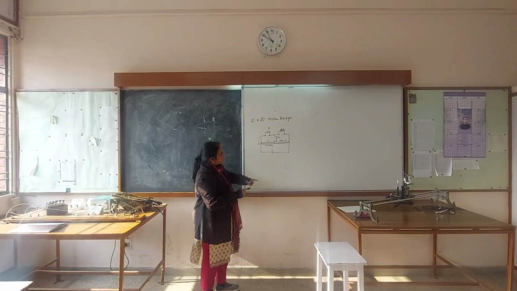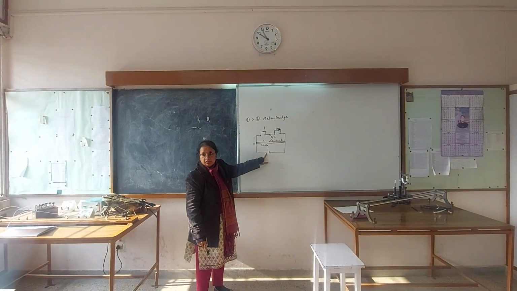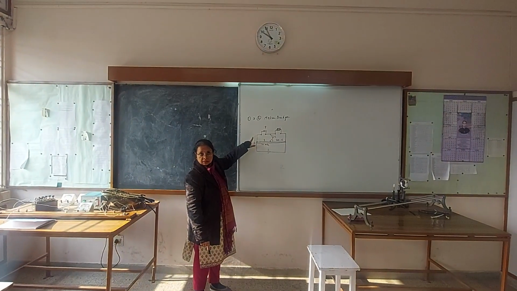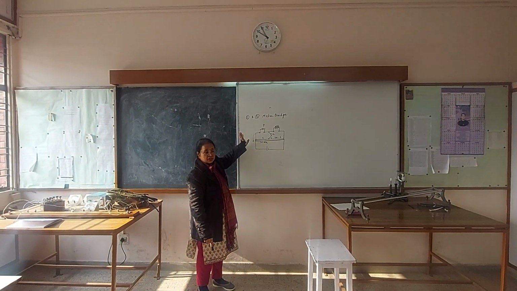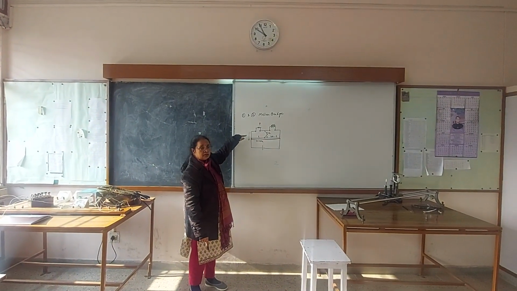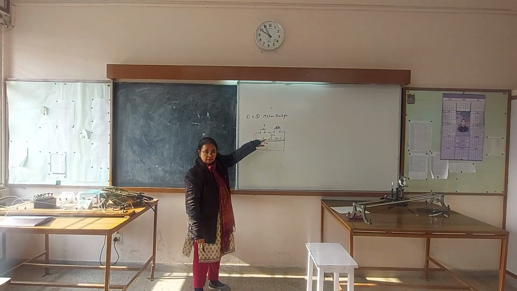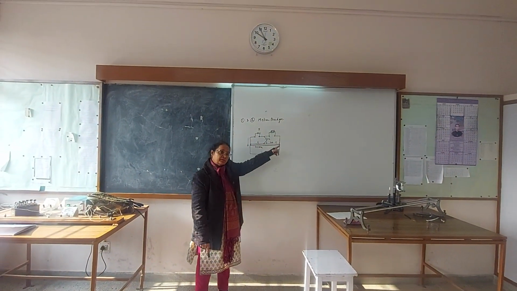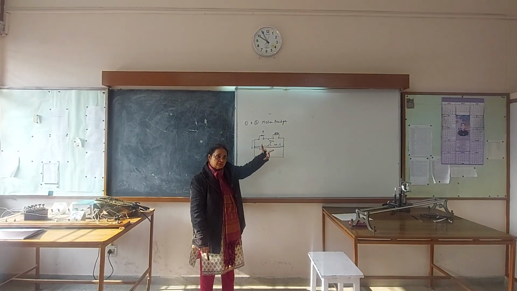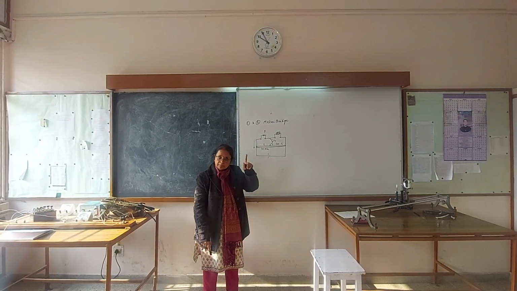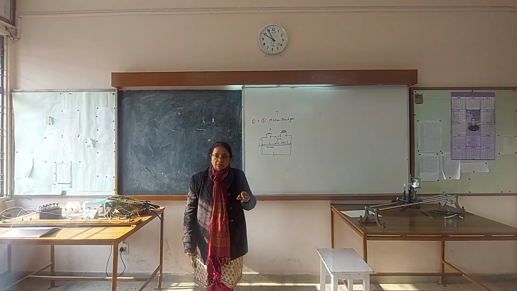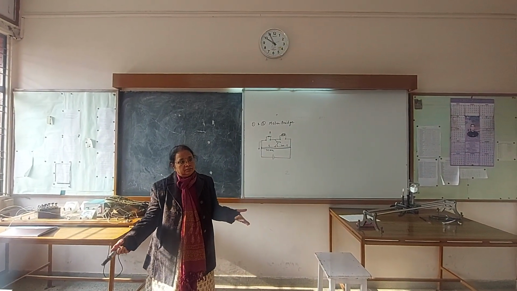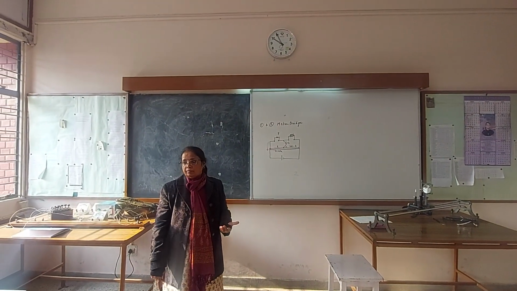Now the point of the wire where we connect the positive terminal is considered as 0. You remember this? I told you this while I was teaching you the experiment. The point where we connect the positive terminal for the wire is 0, and the other point is 100. So the length of the wire is how much? 100 centimeter, 1 meter, meter bridge. I asked this question in the viva: tell me why we call it a meter bridge. You should know.